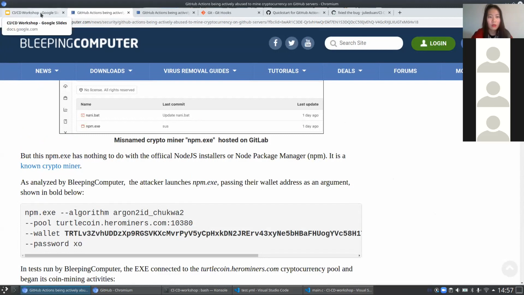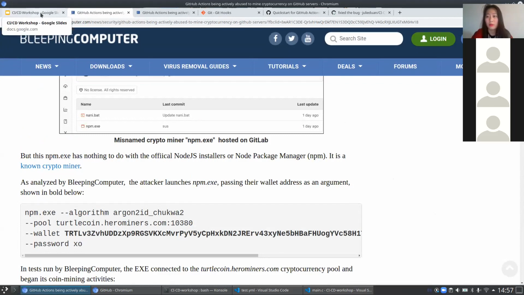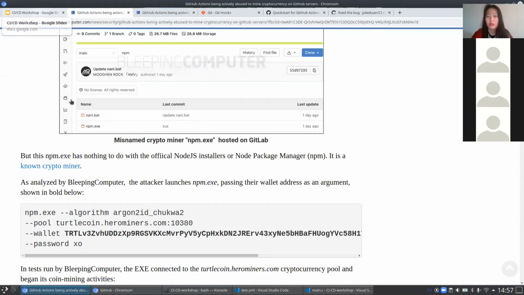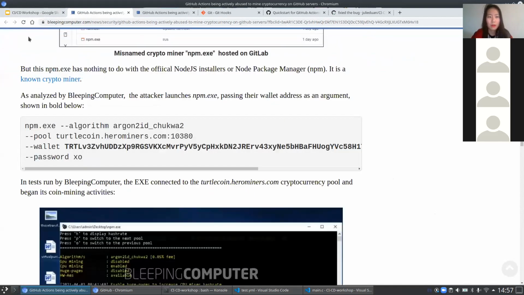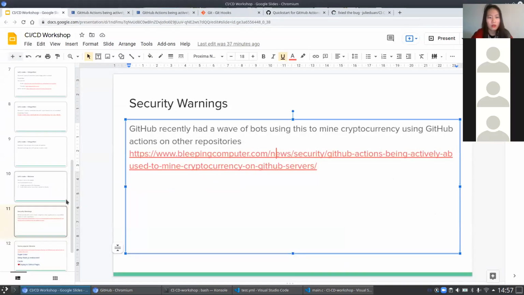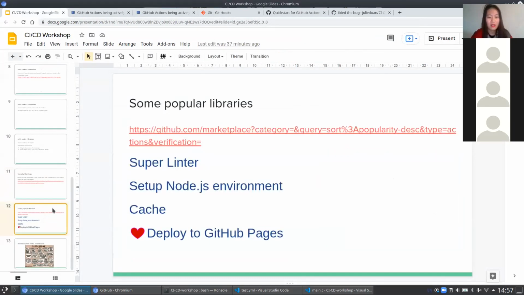Okay. Obviously, if you have a private repo, you don't really mind. This is when people want to contribute open source, right? That could happen. All right. That's security warnings. That's surprisingly short. Okay, then this is the last part